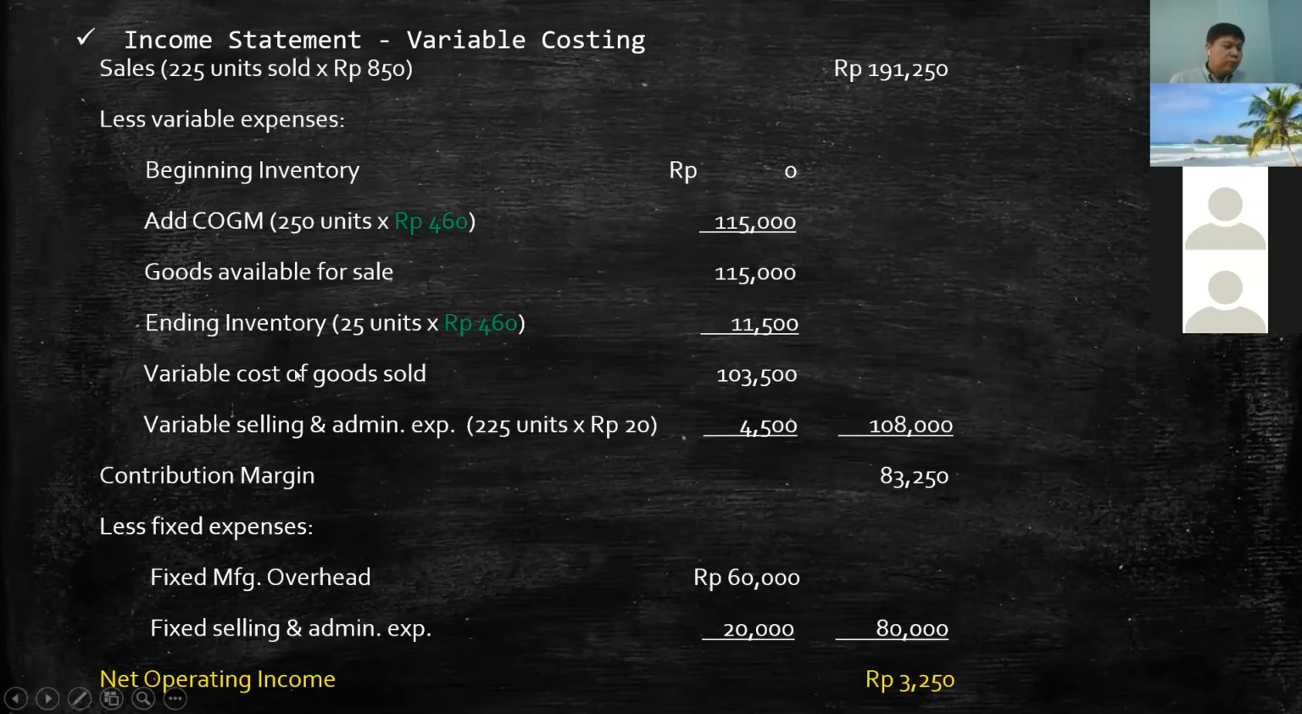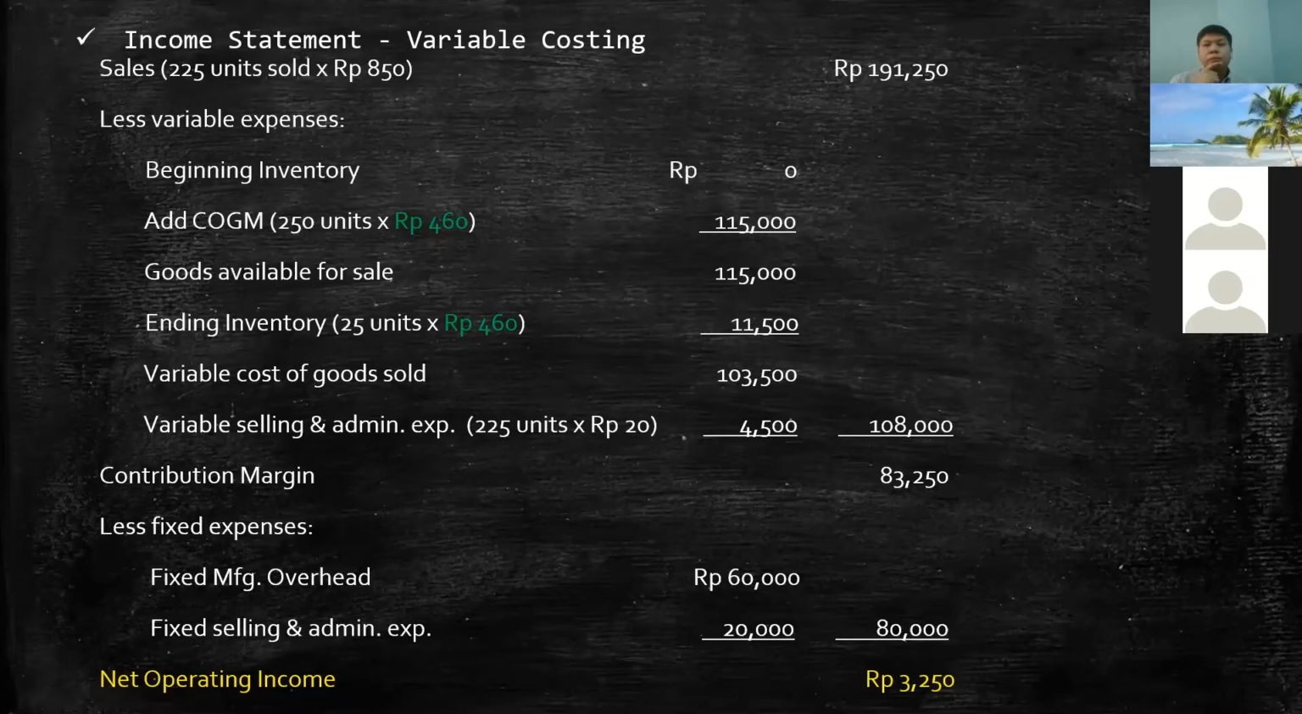So this would be the variable cost of goods sold because we already deducted the ending inventory. Now we will be adding the variable selling and administrative expense. So that will be 4,500. That is 225 units times 20 rupees. So that will be the, I think, the produced one. Sorry, the sold one. Because it is a variable selling administrative expense, we multiply it to the units sold. Okay. So that will be 4,500. Add the 103,500 plus 4,500, that will be 108,000. Deduct that from the sales, which is 191,250. We will be getting the contribution margin of